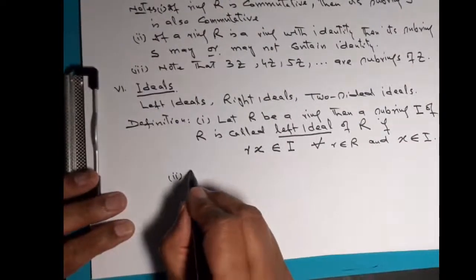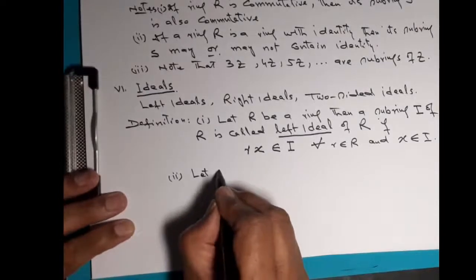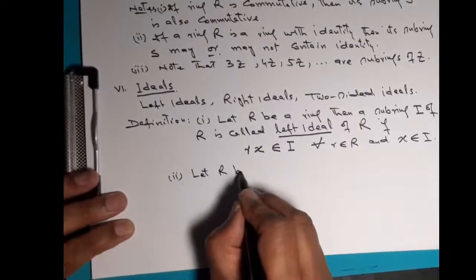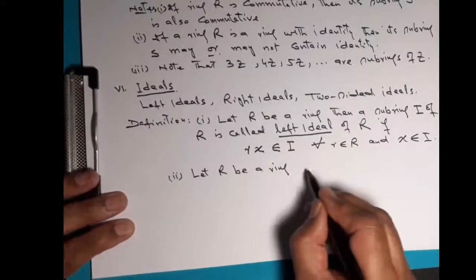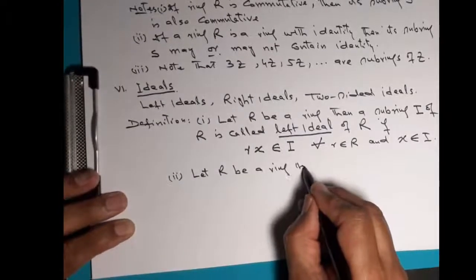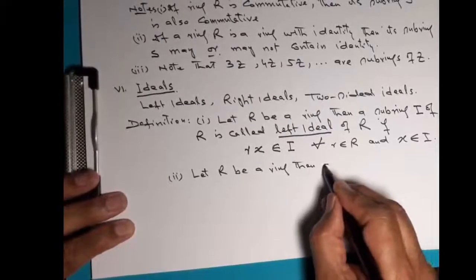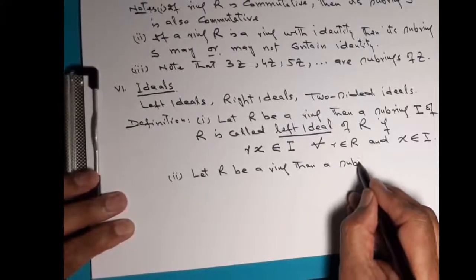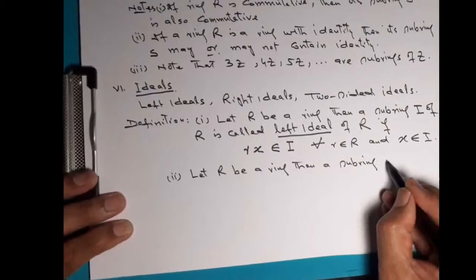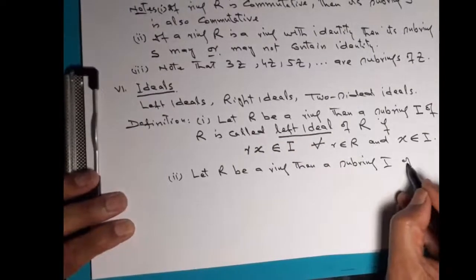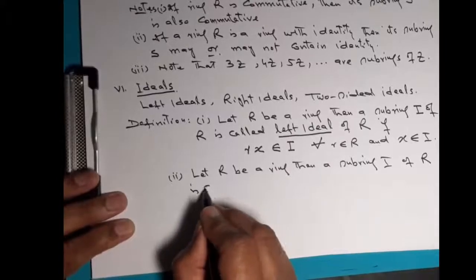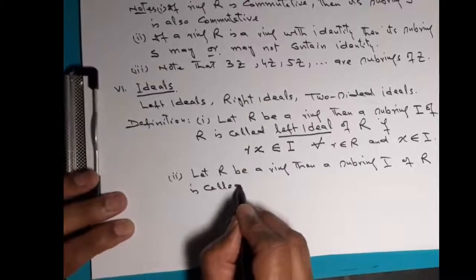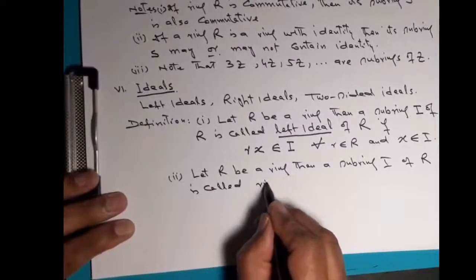Let R be a ring, then a subring I of R is called right ideal,